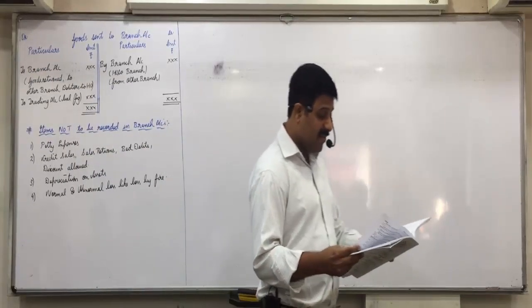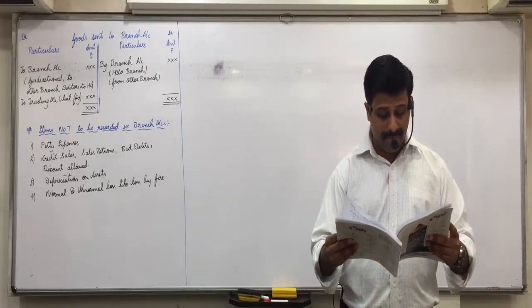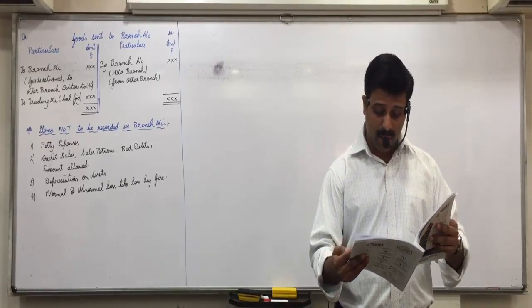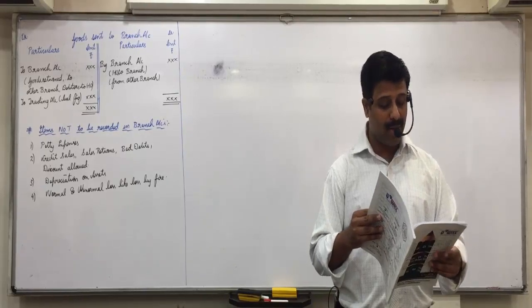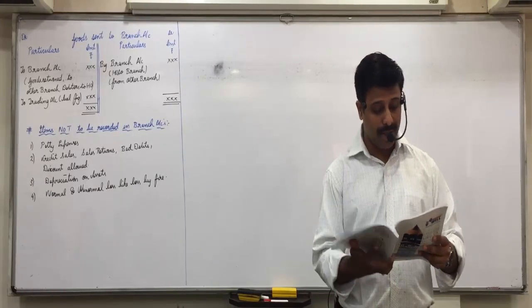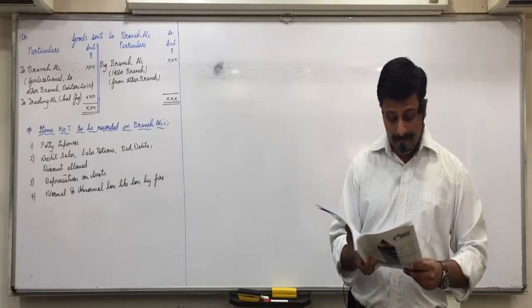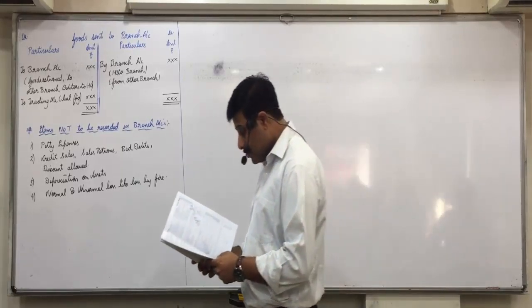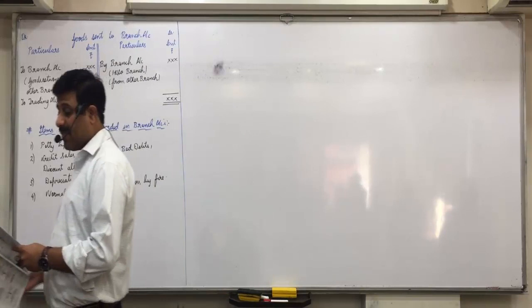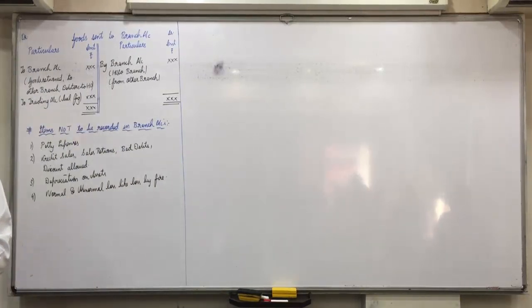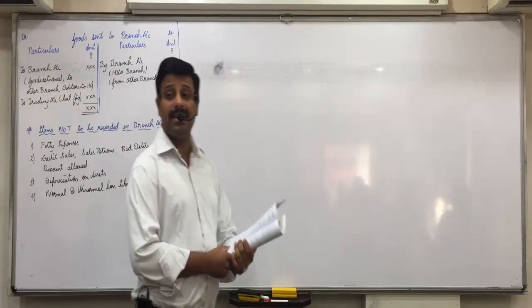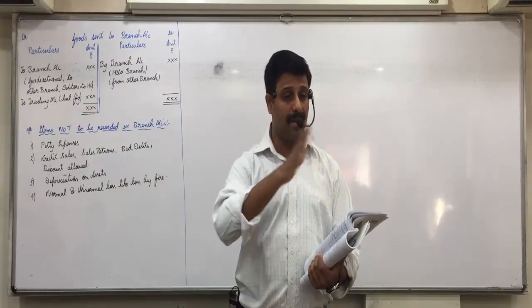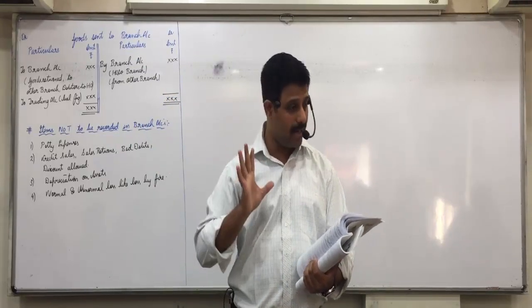Now I am not reading from pages 48 and 49, the branch account, because I have already made you write it in the notebook. Even the notes below the branch I am not reading, as I have made you write those. Did you all take out page number 50? Now listen everyone, as we already discussed the format of the branch account, I told you journal entries are not to be remembered. Now you just remember the concept: which things come on the debit side and which on the credit side, and under which heading.